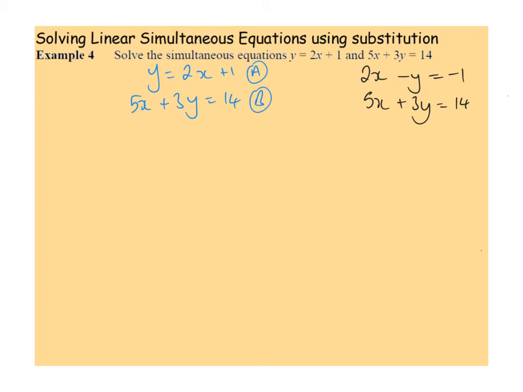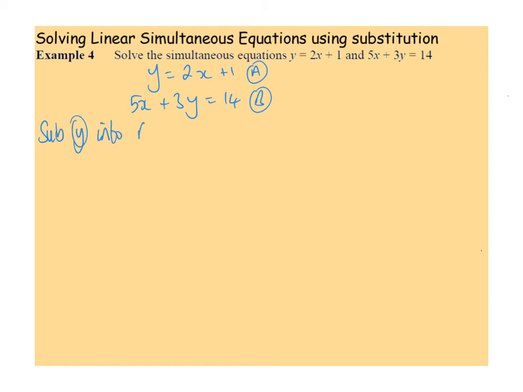So you could solve this pair of equations by elimination, and obviously you could, if you wanted to, even with the way that they've expressed it in the question, rearrange equation A and then solve it by elimination. But it's very important that you know the substitution technique, and so that's what we're going to do in this section. So we're going to substitute y